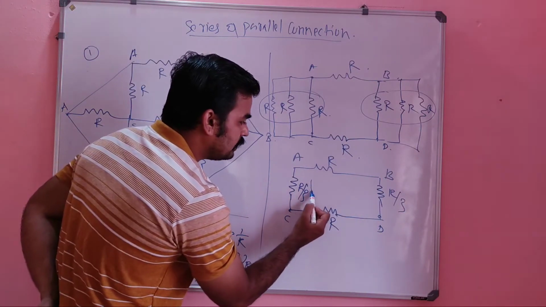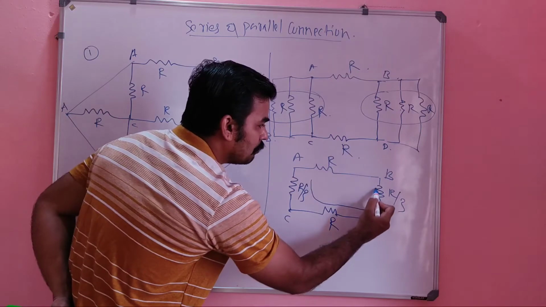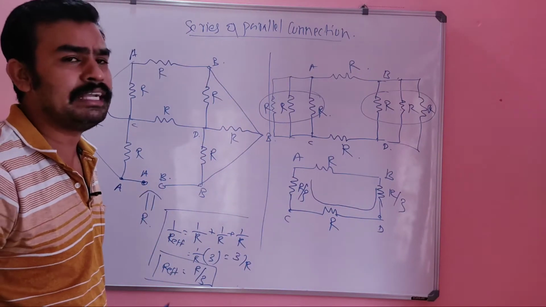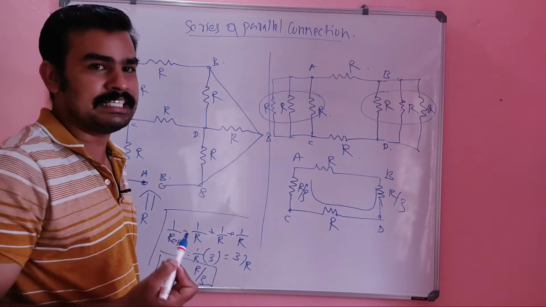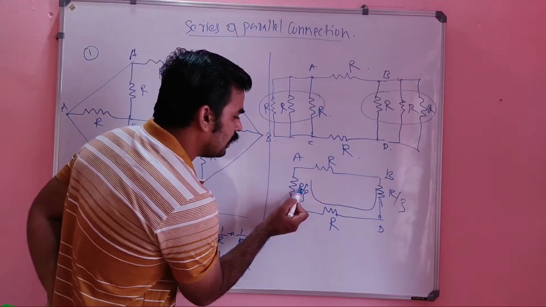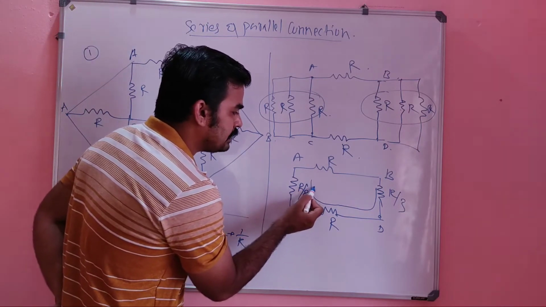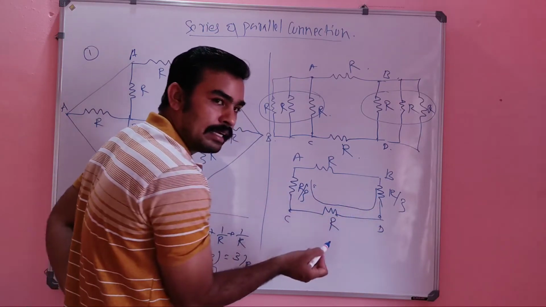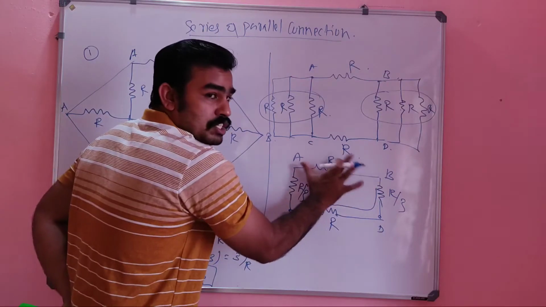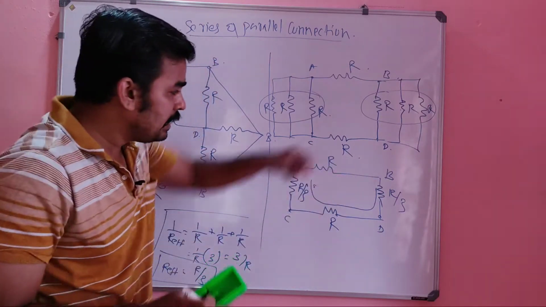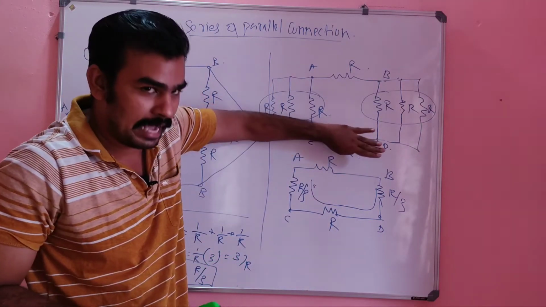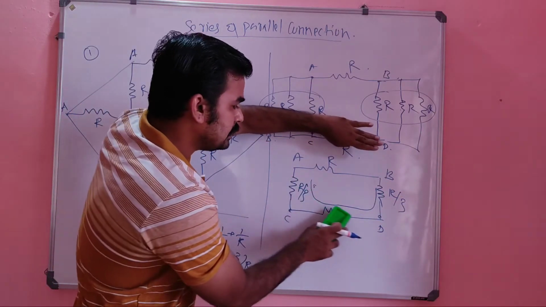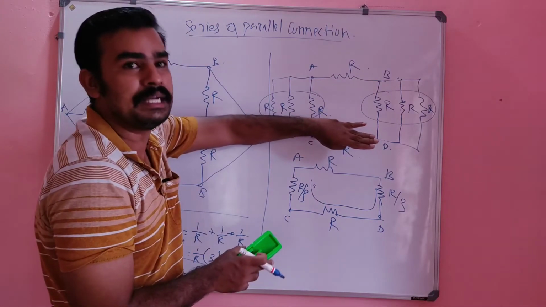So this R by 3 and this R and this R by 3, these are in series. How can we find whether resistances are in series or parallel? Let's send some current here. So suppose I am sending some current I here. So this I will be flowing through here, here, here and here. So we don't want to change the position AB. So remaining this position AB as it is, we have to reduce the other region. So these three are in series.